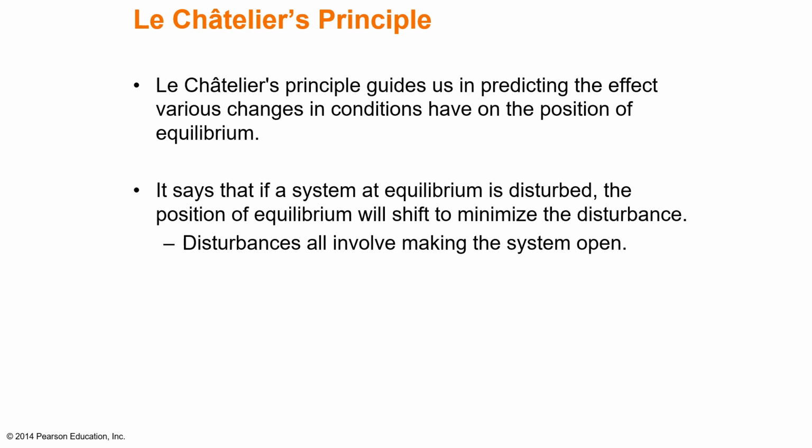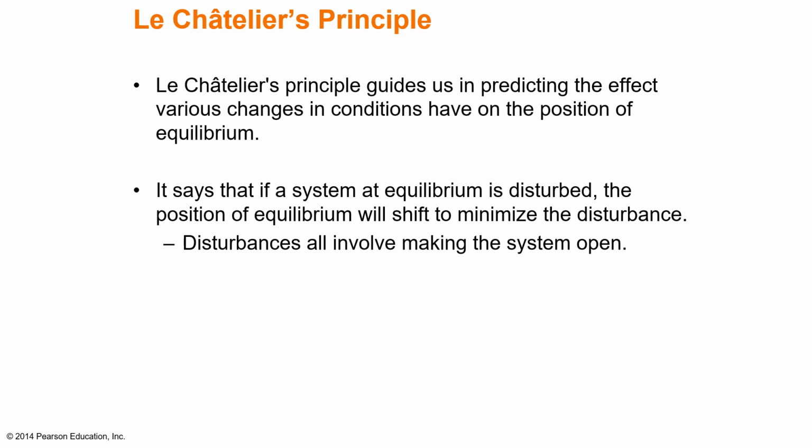If we have a reaction that is at equilibrium and we do something to disturb the equilibrium, Le Chatelier's principle helps us to decide what effect that disturbance is going to have. So if we add reactants, what is going to happen? If we take reactants away, what is going to happen to our chemical equilibrium? It's going to shift towards the direction to minimize the disturbance and again return to equilibrium,